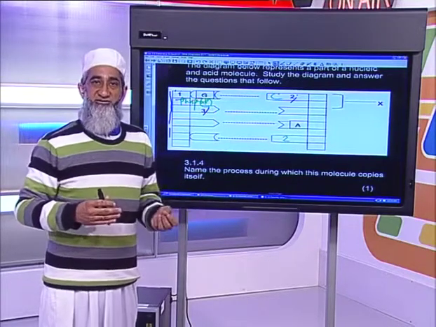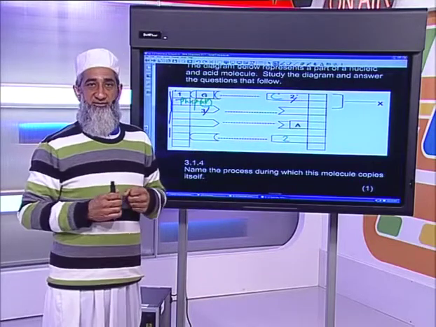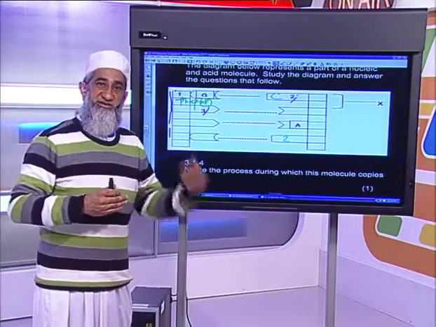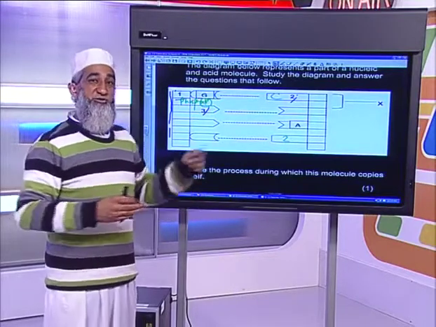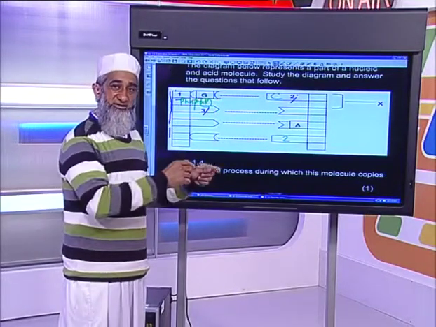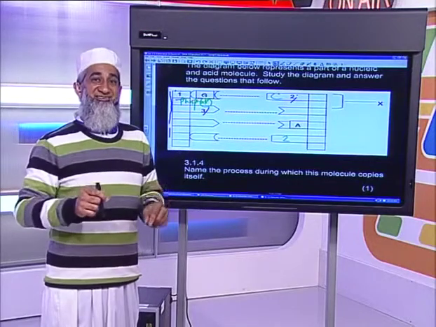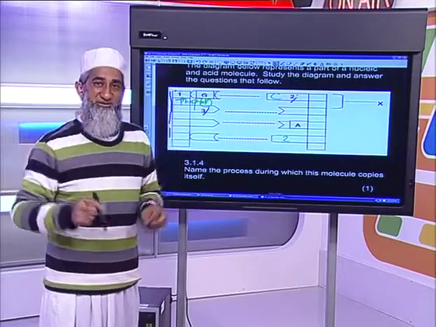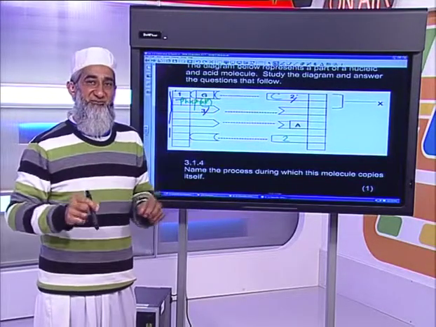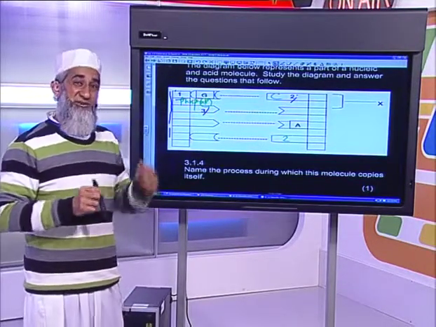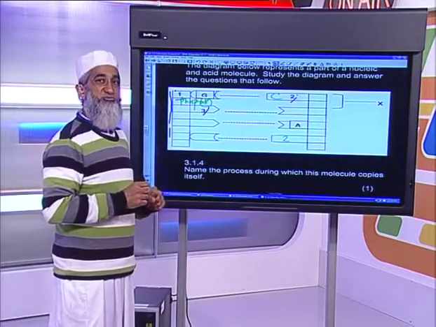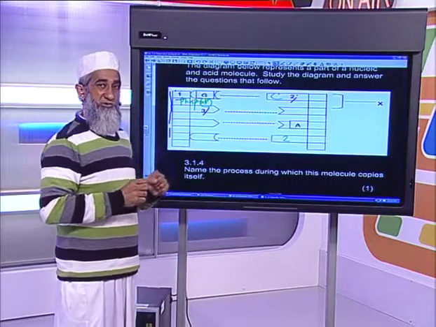When we cut our nails, nail grows back there. When we cut our hair, hair grows. When we get hurt on our skin, skin regrows. Why? Because DNA replication has taken place, and this has ensured that the cell that is replacing the worn out or damaged cell is exactly the same as the cell that it is replacing. So those are important factors that we need to take into account when we're talking about DNA.